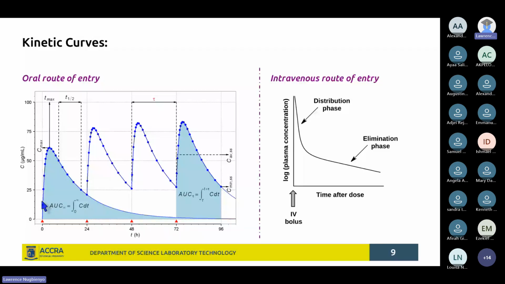And so that is where you see concentration is rising steadily up to, say, a maximum point. And then at that point, you see that there is a decline of the concentration. What is happening in that region there is that metabolism and excretion is occurring. Even some distribution is occurring at the same time, because